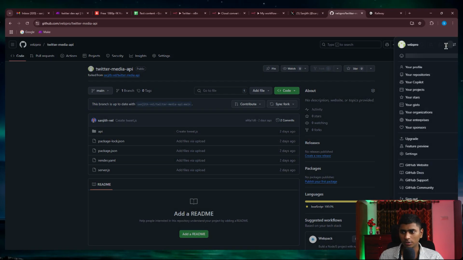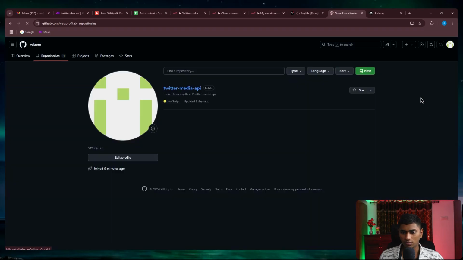All right, so you can see when I go to the repositories, now it is just forked, and it shows that it was forked from this specific account here. So basically you're just transferring it from my GitHub account to yours. So now you got this ready over here, and the next thing that you got to do is create an